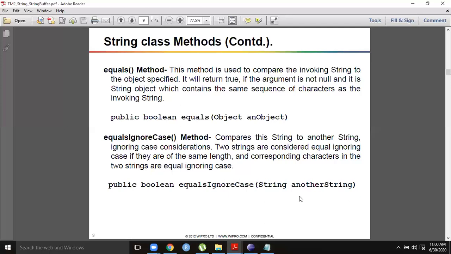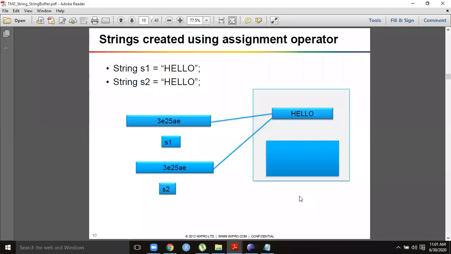Another method is equalsIgnoreCase. The above method and this method are similar, but this method doesn't consider the case. If the letters are the same, that is sufficient for the comparison purpose. You see this: string 1 hello, string 2 hello.